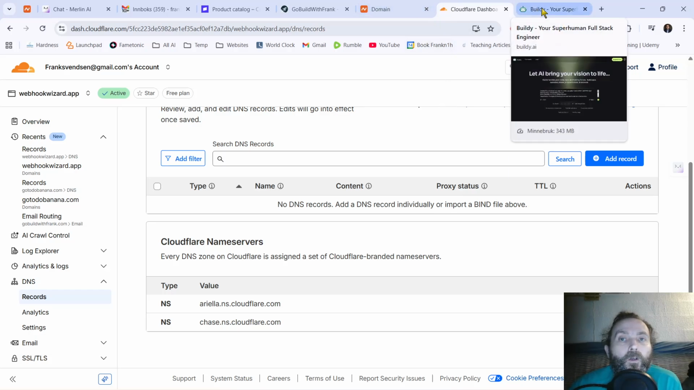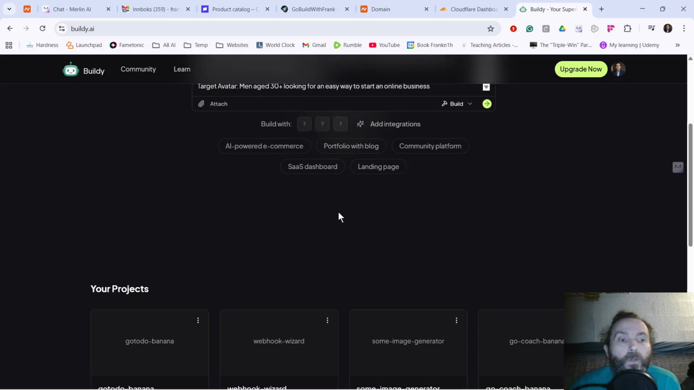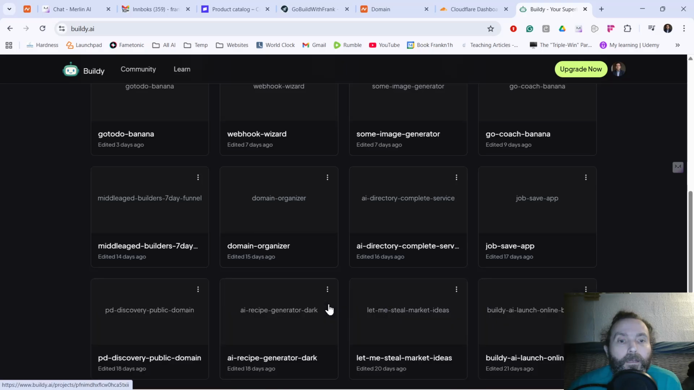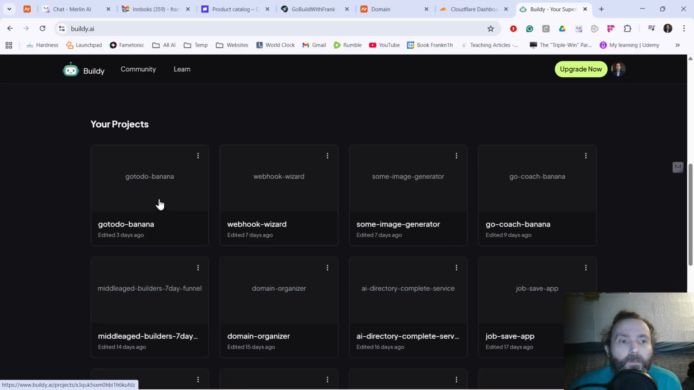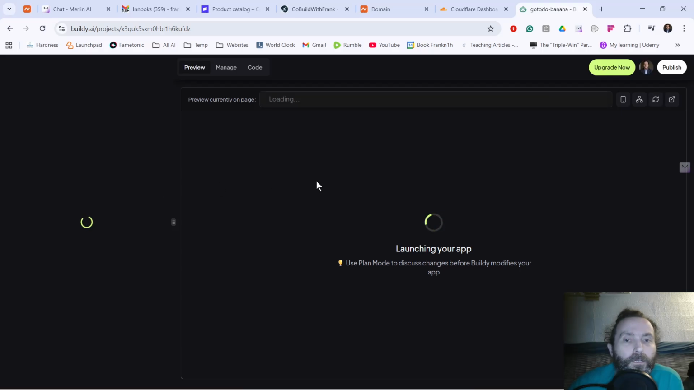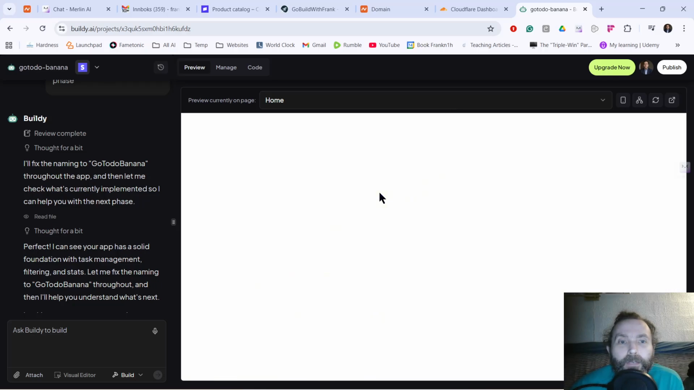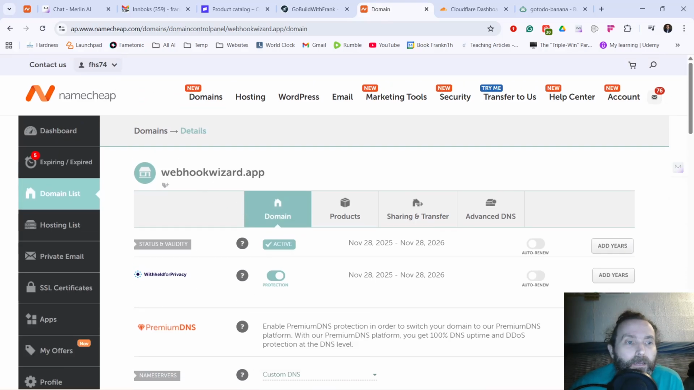So then we can go to Buildy, and we will connect it to an app that we haven't connected it to before. Let's go to this new one. That's a cool one. I've just created this actually. Go to do banana. It's a to-do app, so this will be a good one when I finish with it. But anyway, let's go back to